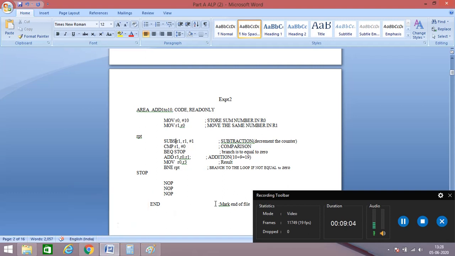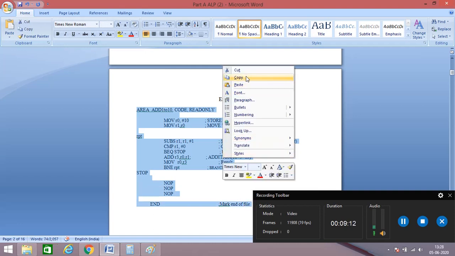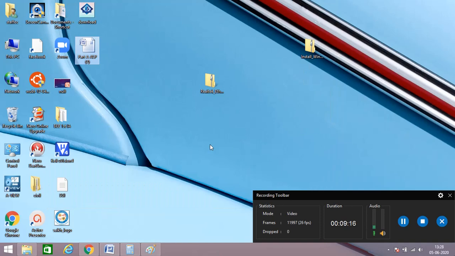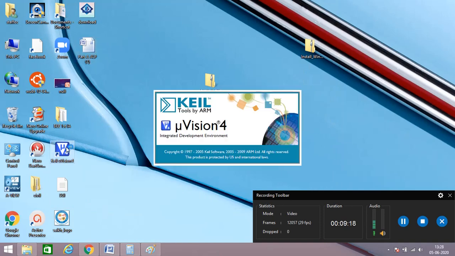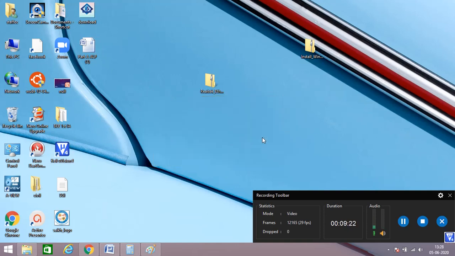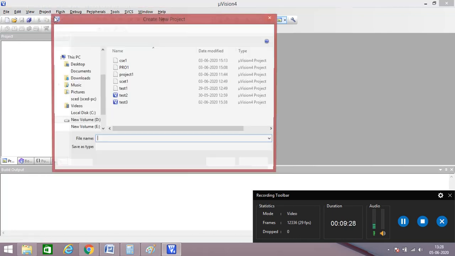Now we'll copy this program and paste it in the Keil MicroVision editor to see the execution of this program. So this is Keil MicroVision. You first have to create a project.